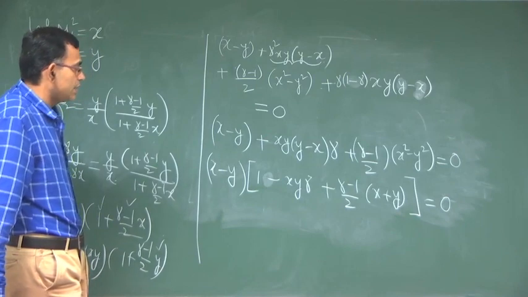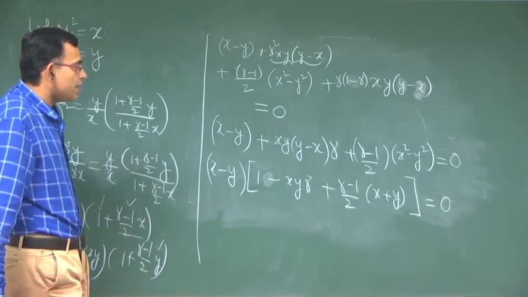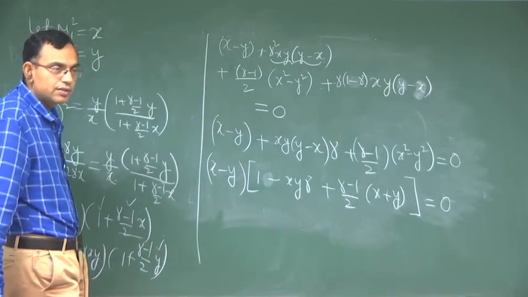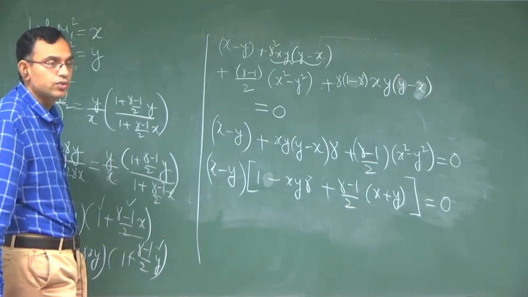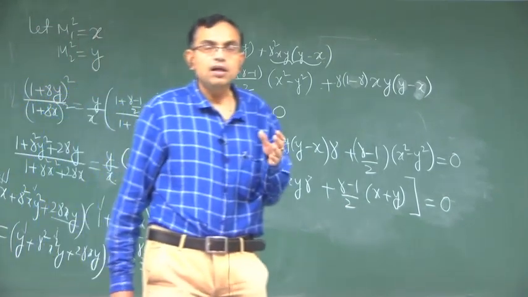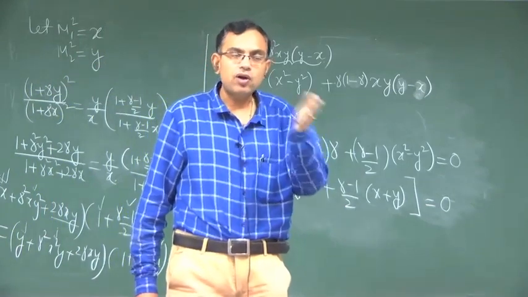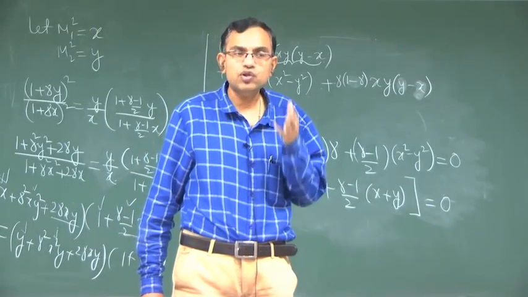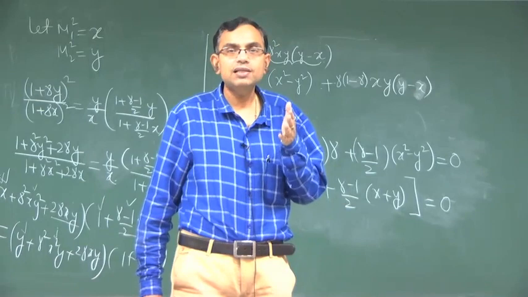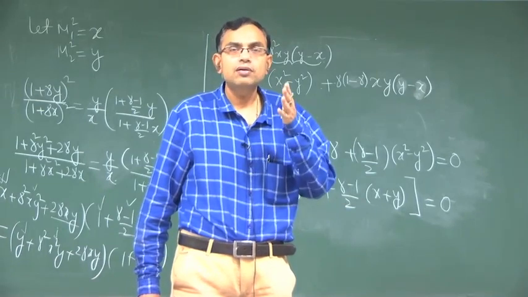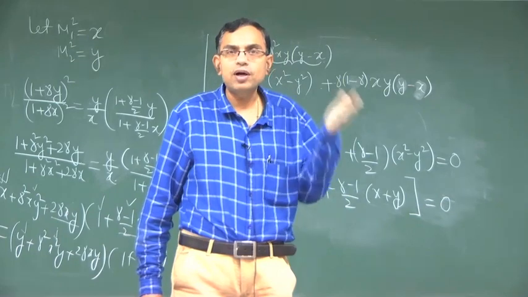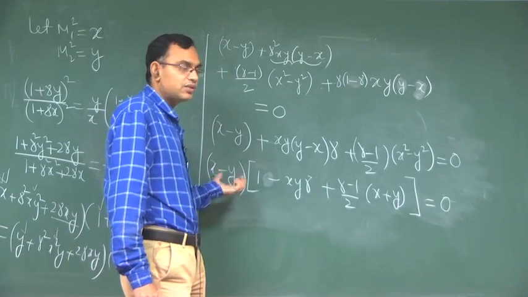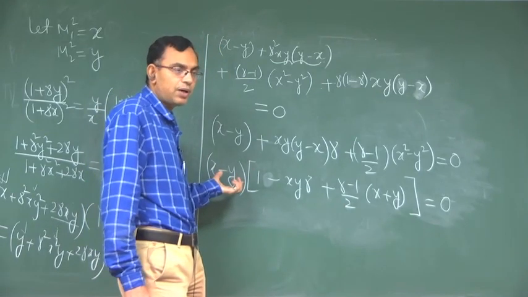Now you see one interesting thing, x minus y equal to 0 is a solution to this entire problem that we have done, and here it is just a trivial solution, because if Mach number remains same across the front, that means there is no shock. So, existence of a shock means that there is a deviation of Mach number from equality from one side to the other, and that means this trivial solution. So, but why the trivial solution has come out as a part?